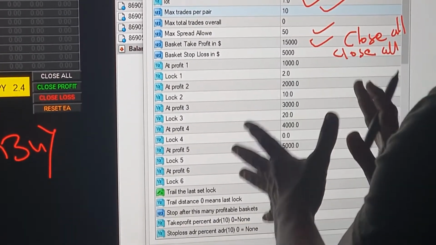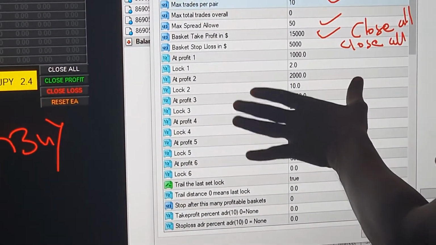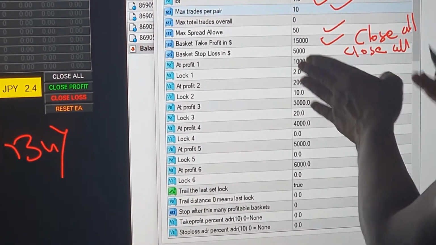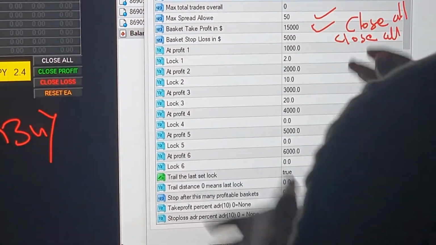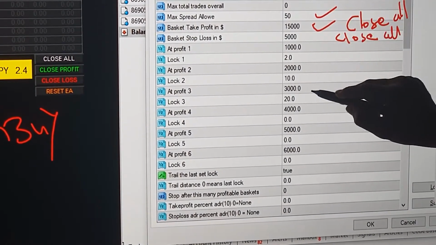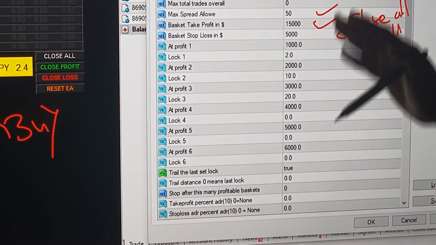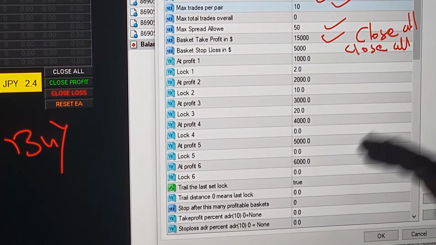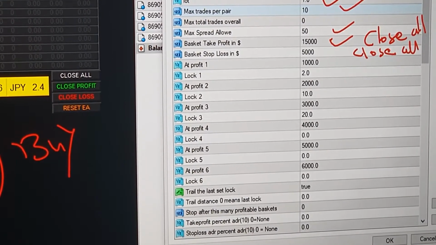So what is this? This is actually the revised SL. Once your pair comes into profit and you have set the parameters at 1,000, then after 1,000, your 1,000 will be in your pocket. If the trade goes below 1,000, this MT4 tool will automatically close the trade. In the same way, if it goes above 2,000, it will lock 2,000, above 3,000 it will lock 3,000, and up to 6,000 it will lock 6,000. So here you can keep this profit as per your choice and as per your holding. Some traders are holding for weeks and months, so here you can increase and decrease your profit and loss.